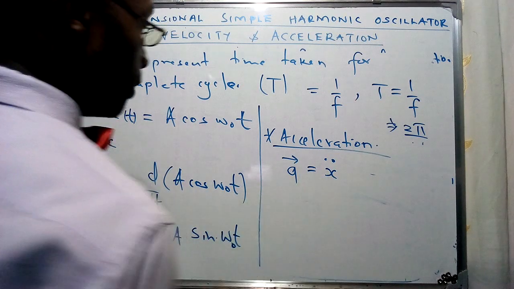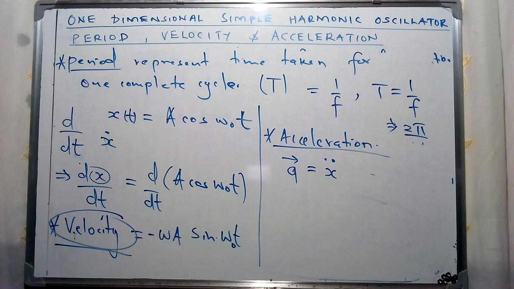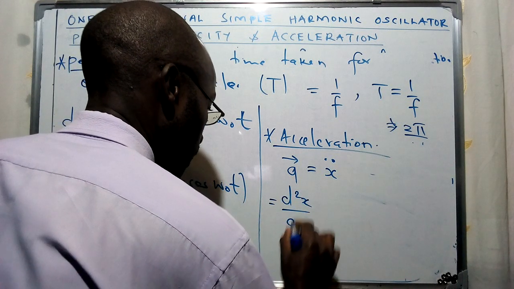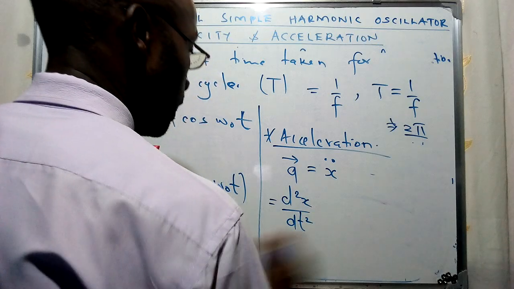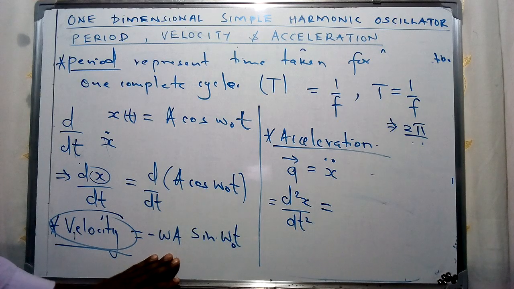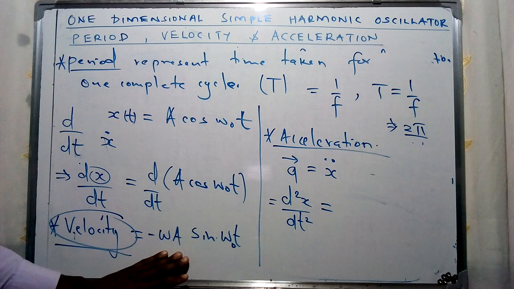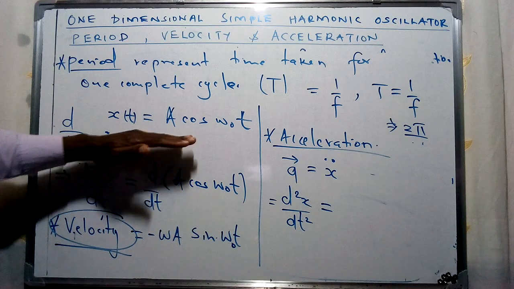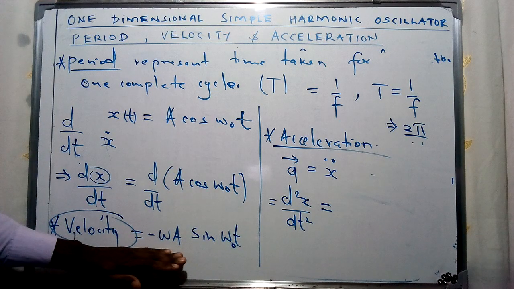The second derivative is going to be d squared x over dt squared, and this is going to be the differentiation of this specific component with respect to time. So we are going to differentiate this one twice, whereby the first differentiation gives us